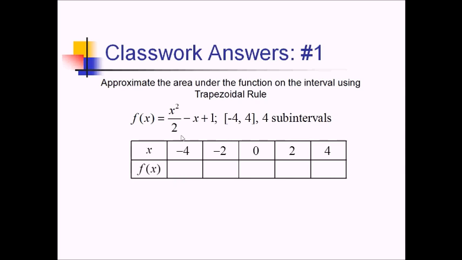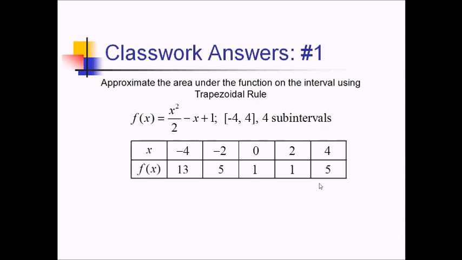Plugging in -4, that's 16 over 2, which is 8, plus 4 plus 1 is going to be 13. Plugging in -2, that's 4 over 2, which is going to be 2, plus another 2, plus a 1 is 5. Plug in 0, we've got 1. Plug in 2, that's going to be 2 minus 2, which is 0, plus 1 is 1. And then we're going to have 4 plugged in, so that's going to be 8 minus 4 plus 1,